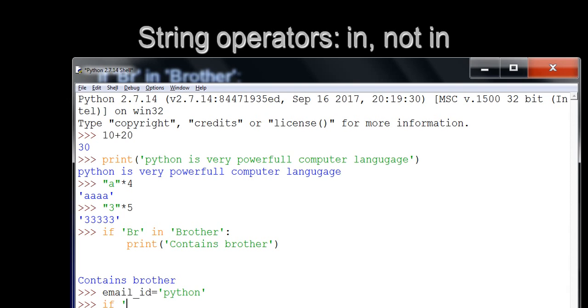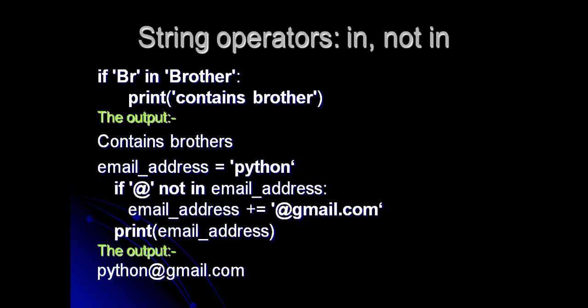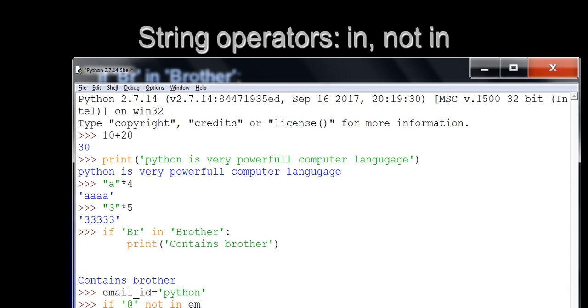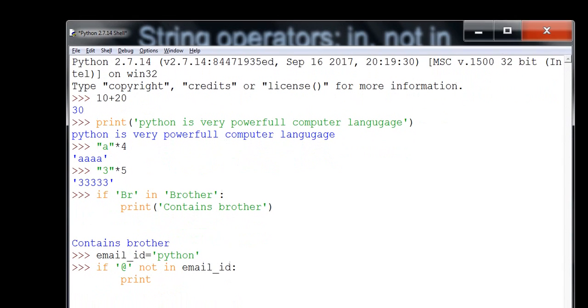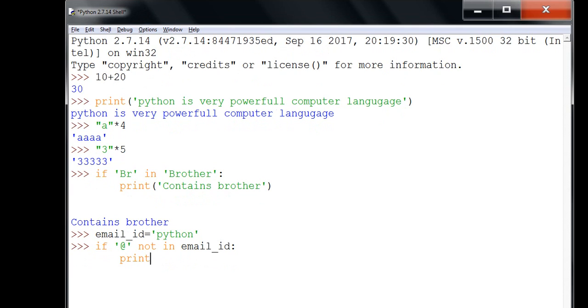If at the rate not in email underscore id variable colon, print. You can concatenate this email id plus